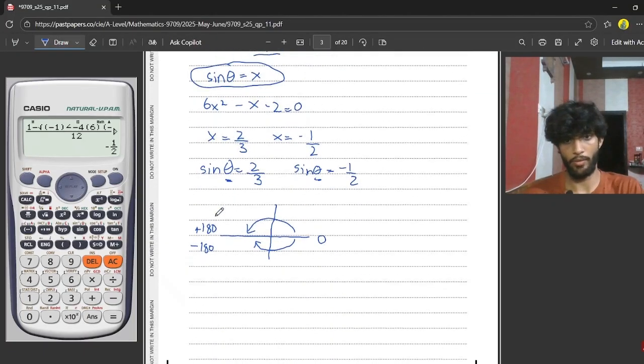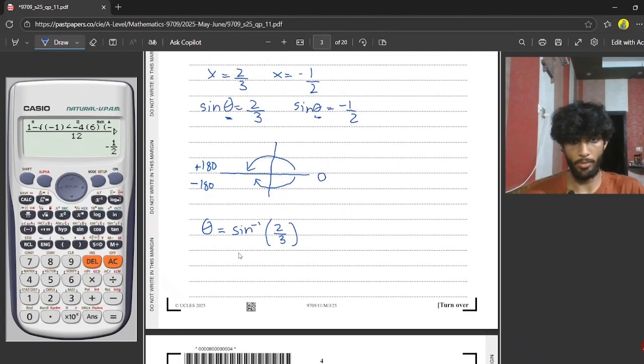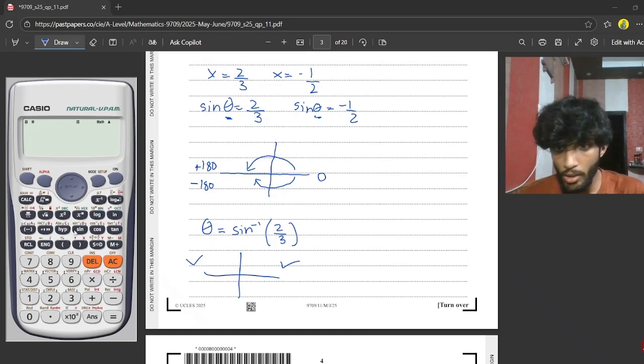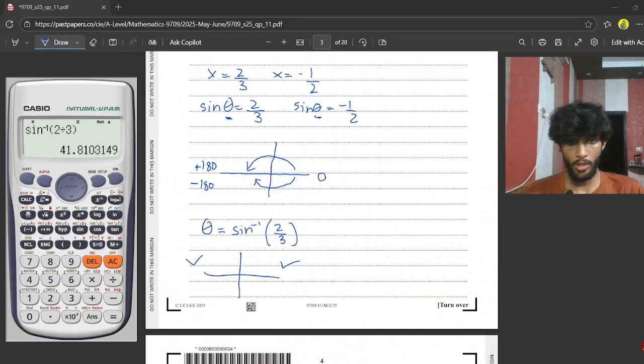So let's first do it for theta is equal to sine inverse of 2 by 3. One thing to notice here is that since this is a positive number, we know that sine happens to be positive in two quadrants, this one and this one, and we are allowed both of these quadrants. So we can take the inverse: sine inverse 2 by 3 is just going to be 41.81. So one of the angles is going to be this one, and the other angle is going to be this one. The first angle is theta equals 41.81 degrees, and the other angle is just going to be 180 minus this, so that's going to be 138.19